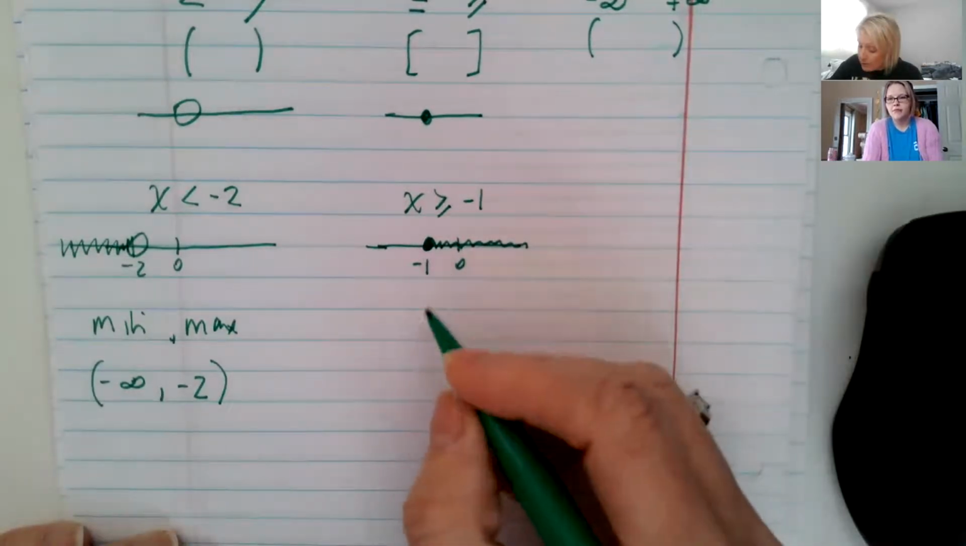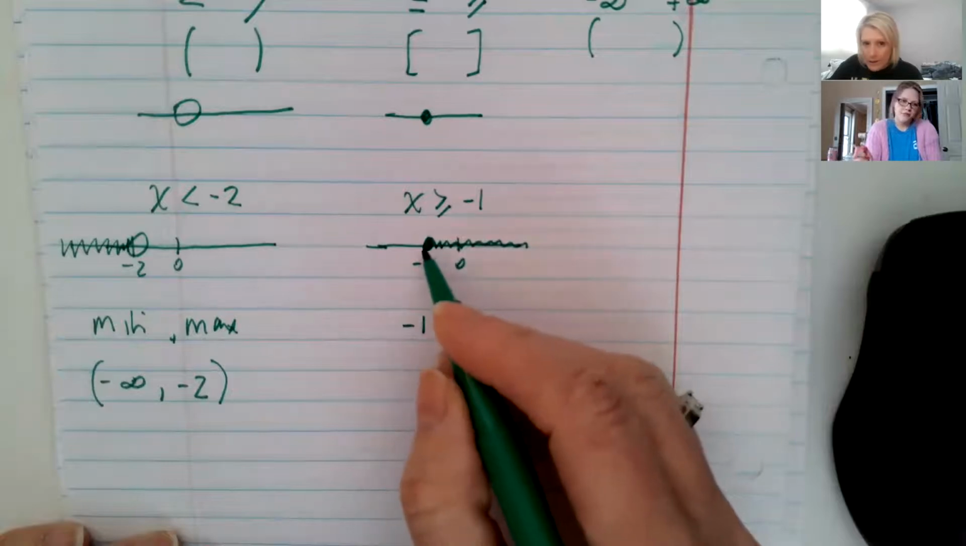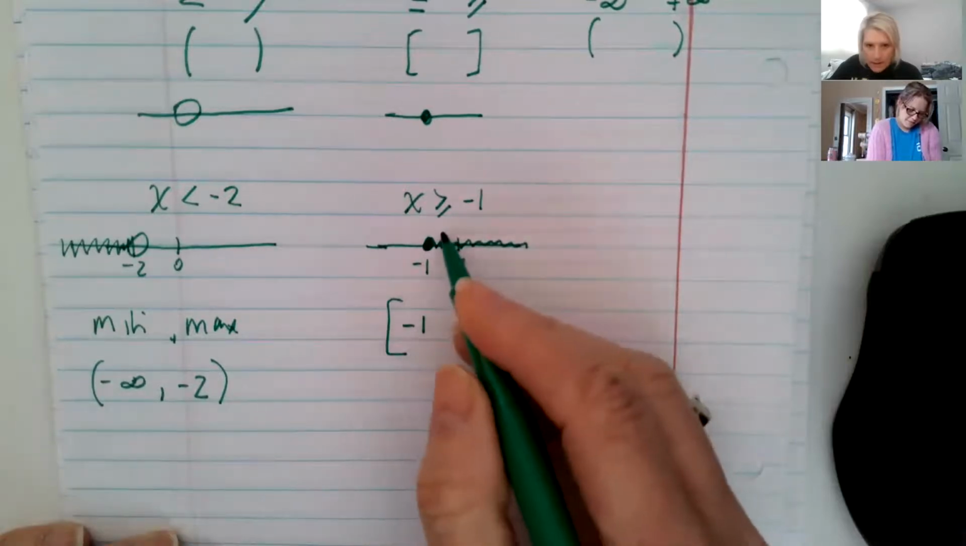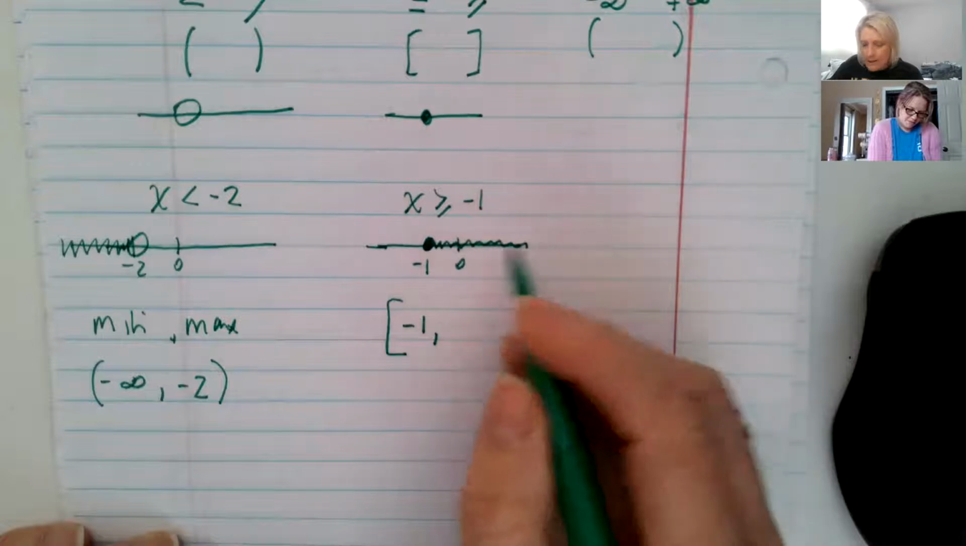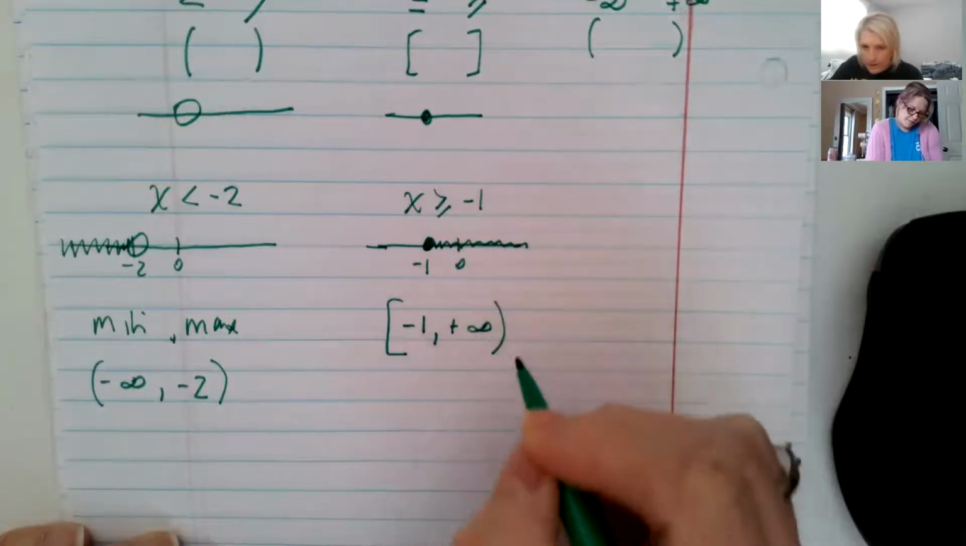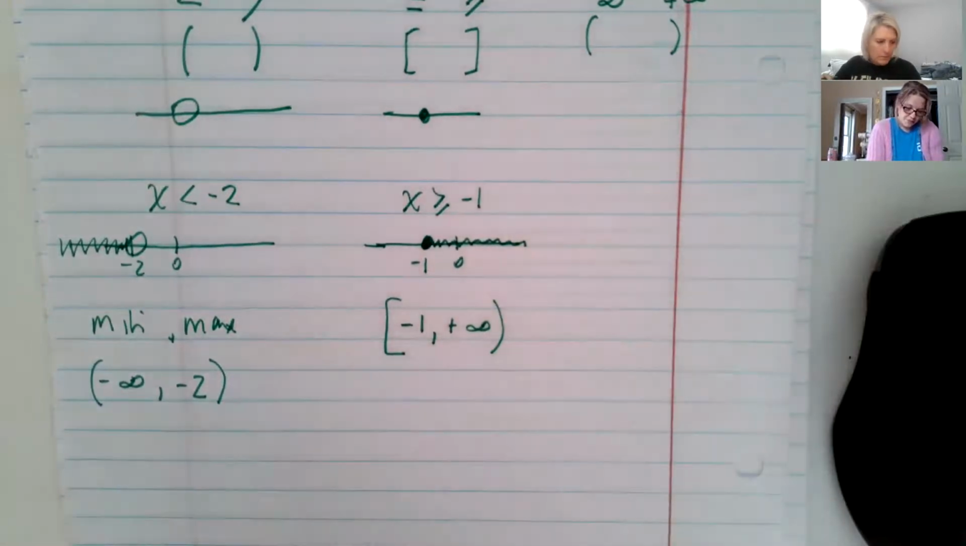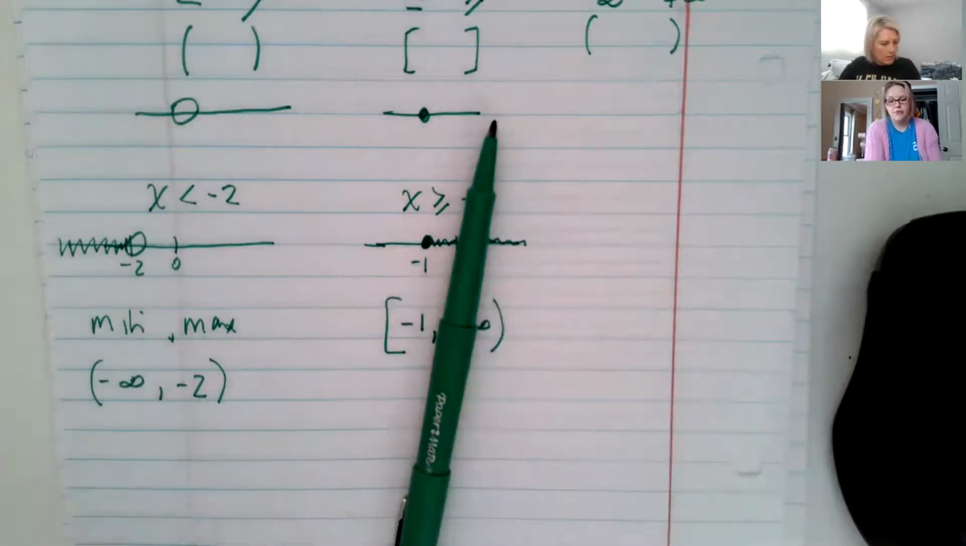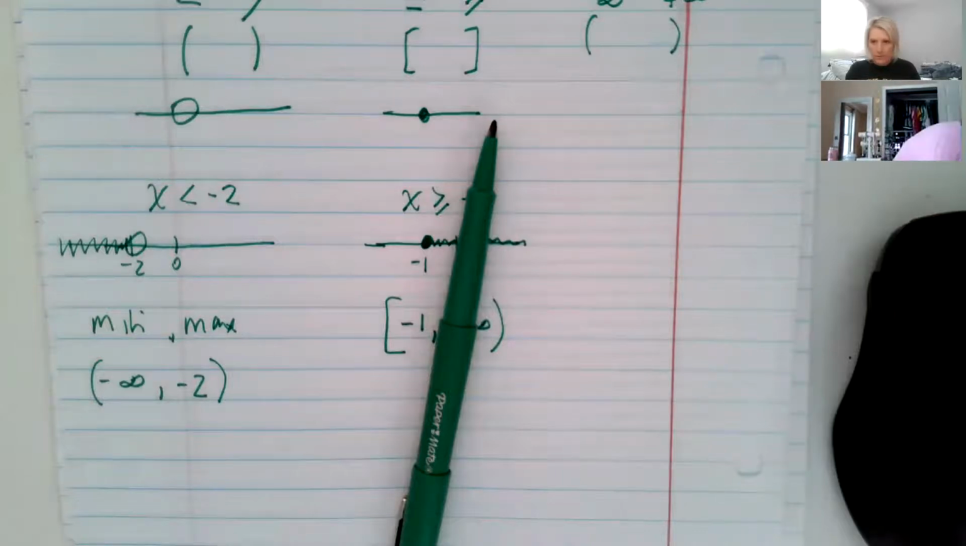This time my minimum value is -1, and I get to use a bracket because it's including it. It's got an equal sign, and I'm endless to the right, so it's positive infinity with a parenthesis. Everybody with me so far? Okay, shall we do